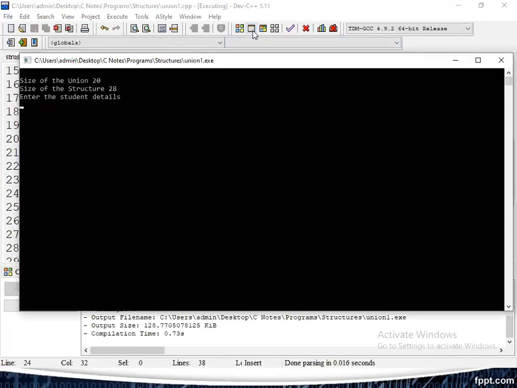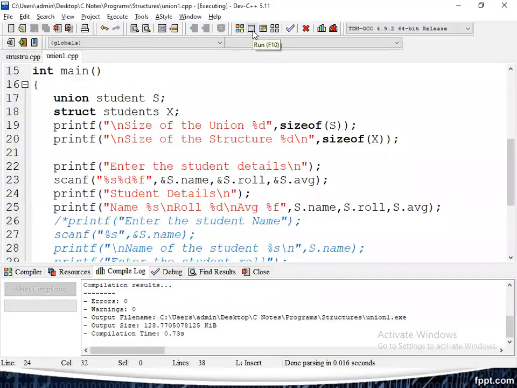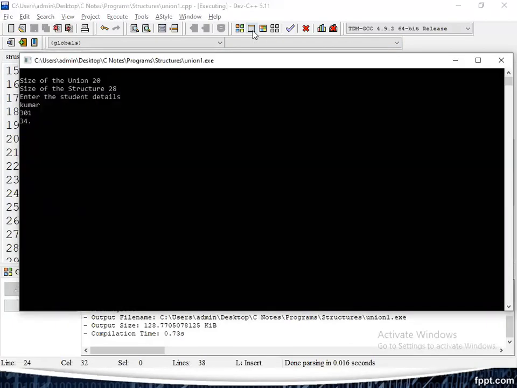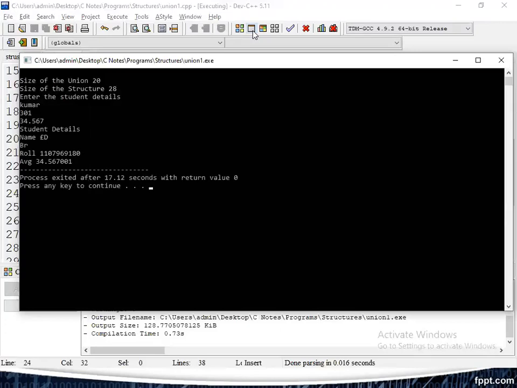Roll number 301 and the average. Okay, in this output you can verify very clearly the student details. Name: what name did we give?